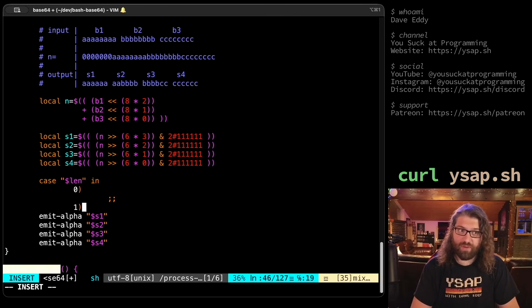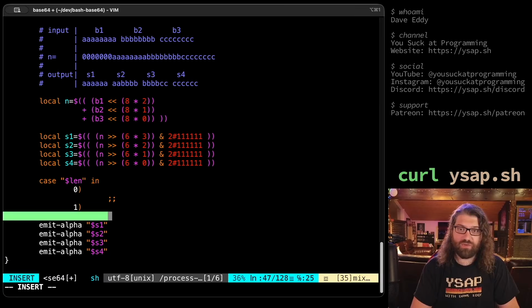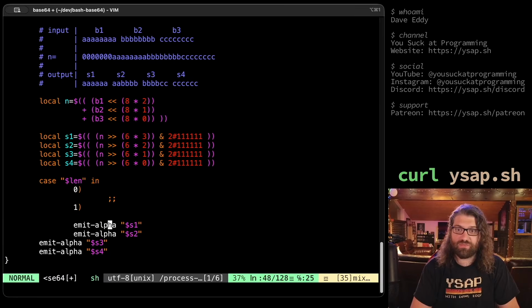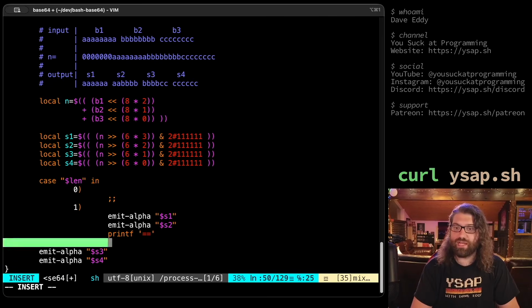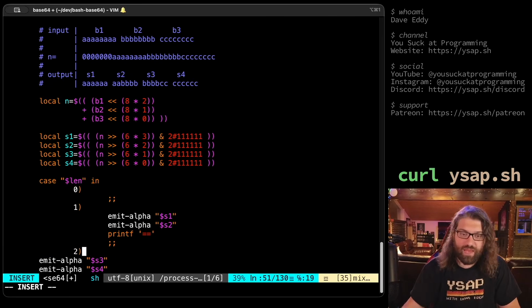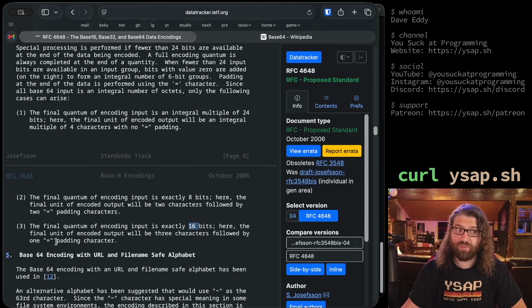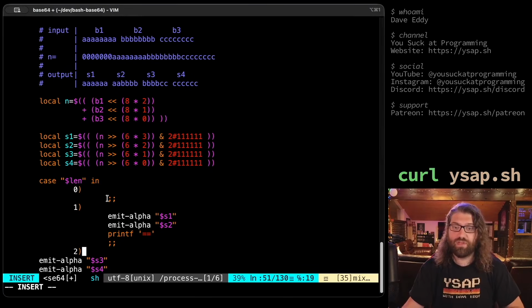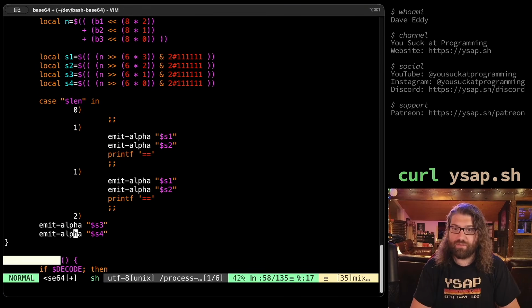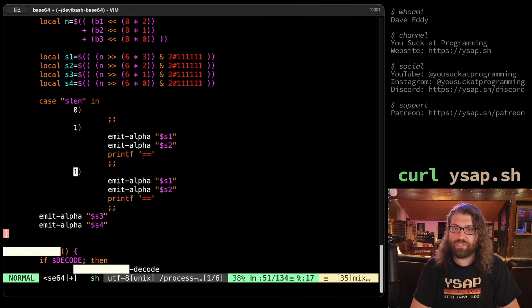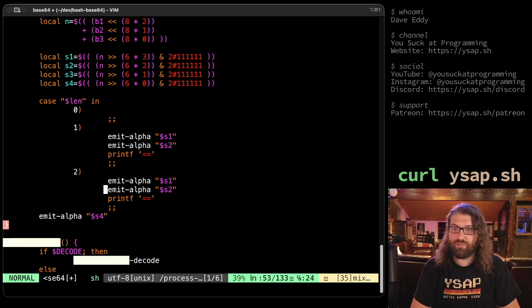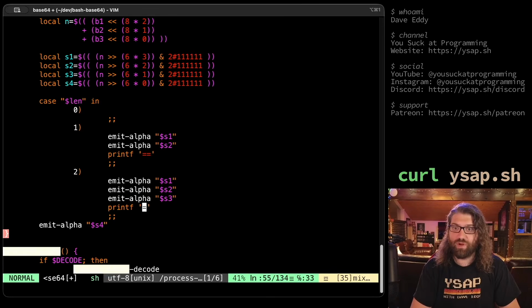If there is 1 byte, which is what we just read, then we need to emit, it says 2 characters here. So let's emit S1 and S2 here, and let's make 2 equal signs, and that's it. Then the spec says, if it's exactly 16 bits, or a length of 2, the final unit of encoded output will be 3 characters followed by 1 equal sign. Okay, simple enough. So let's just copy this, bring it down here,